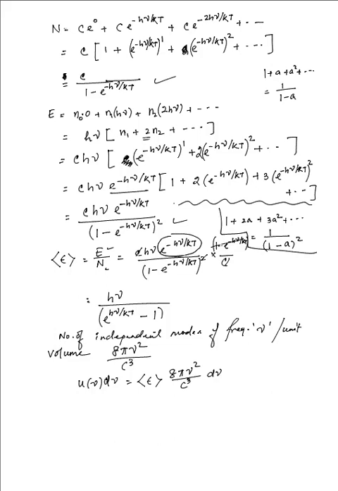So we have the entire expression for the energy density in that range of frequency, that is 8 pi nu square divided by c cube, and we put the value of the frequency over there, the value of the average energy over there. So there's a nu over there and there's an h over there, so I keep those values. And this multiplies to e to the power h nu by kT minus 1 in the denominator, while the above terms are taken care of in the expression. So this is what Planck's radiation formula is all about.